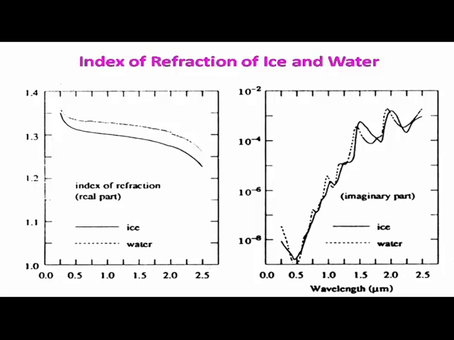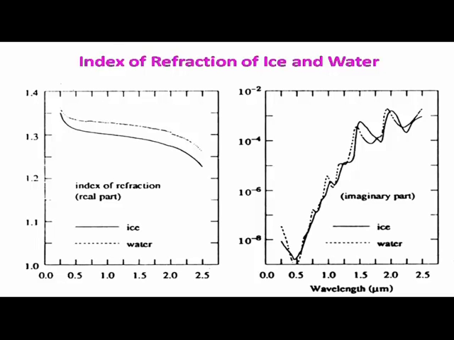And here is the SWIR region, between 1.5 and 1.7 micrometer. In this region, ice is more absorptive than water, and this is the region where you can discriminate between water cloud and ice cloud,